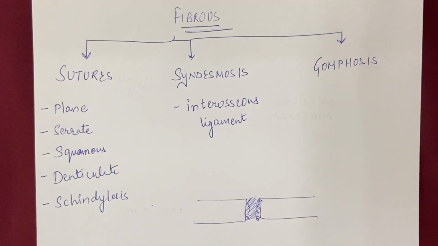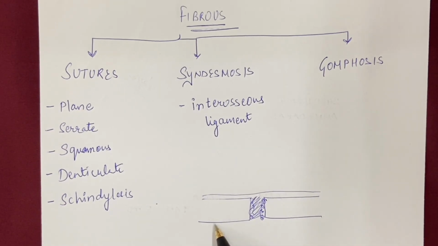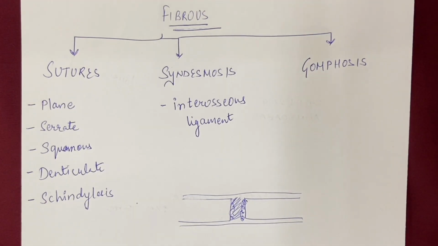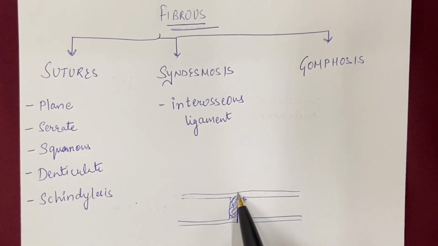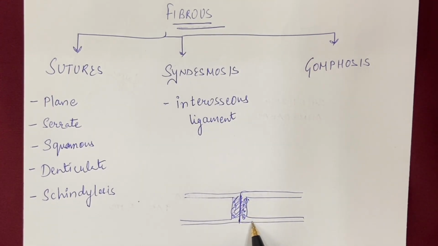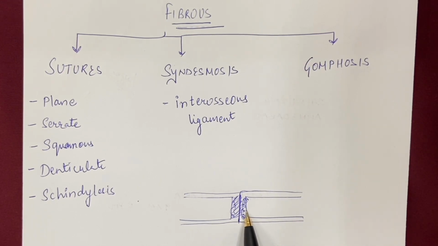So if we consider this to be the outer side of the bone and this to be the inner side, then there is a layer of periosteum on the outer side, and on the inner side this bone is covered by the endosteum. So this intervening sutural ligament, this connective tissue, is continuous on the outer side with the periosteum and on the inner side with the endosteum. This area between the bones decreases with age, so that the osteogenic surfaces become opposed, and these sutures may synostose and get obliterated as the age advances.